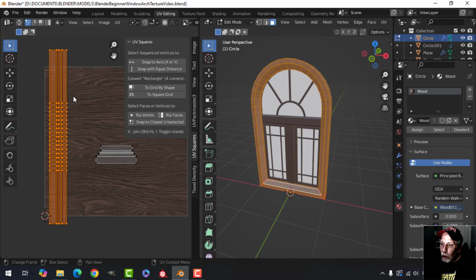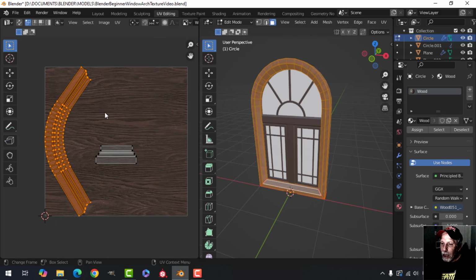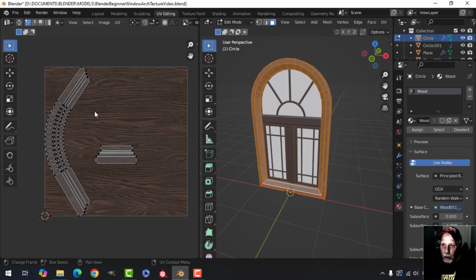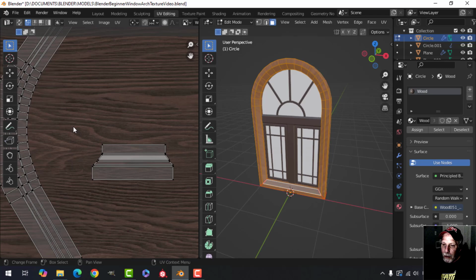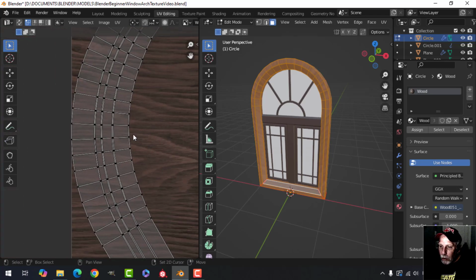Now, I'm not going to show you the results of that yet because we're going to do it by hand. So I'm going to Control Z to get out of there and N to close that. If you want to find that, just type in UV Squares and you'll find it on Blender Market and you can buy it. But if we have to do this by hand, what we want to do is